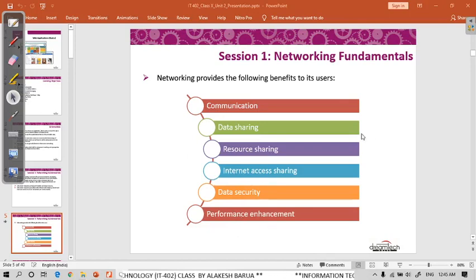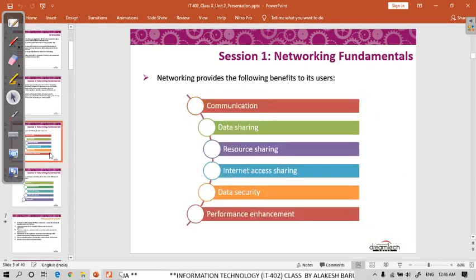Also, another question may come: explain how communication is benefited by networking, or explain how communication and resource sharing are benefited in computers when the computers are in a network. So such questions can come where you have to explain these points. Okay, so let's go to the next topic, that is